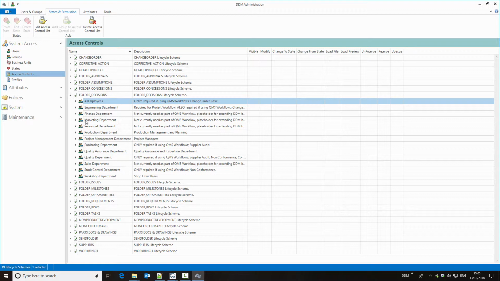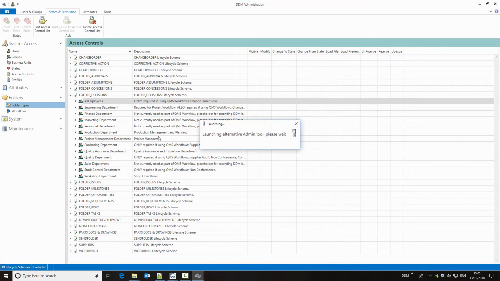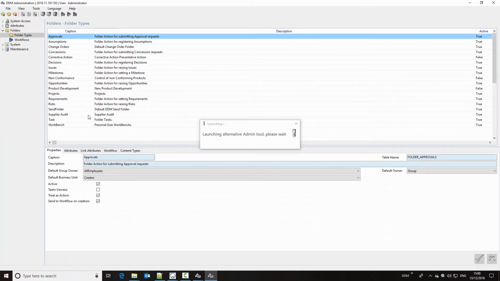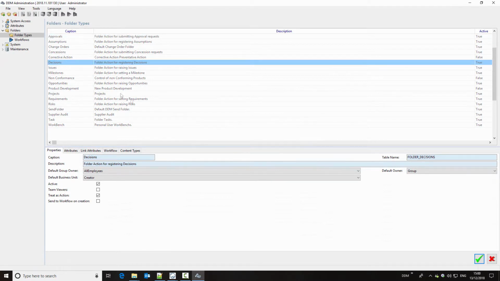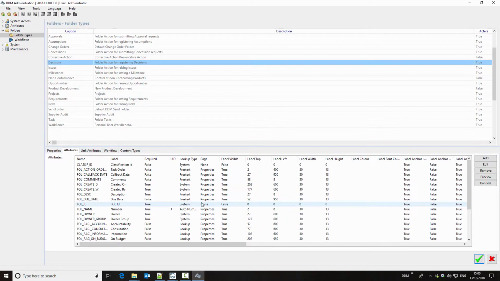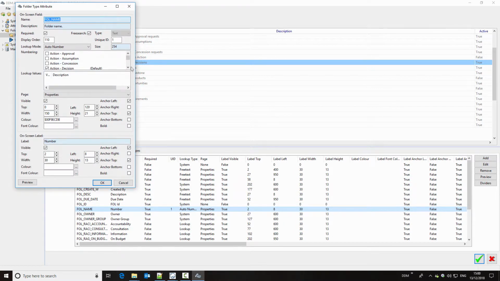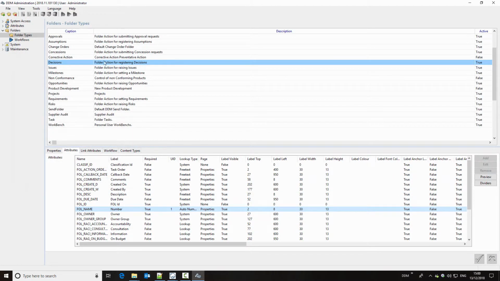have all of your internal users assigned to it, and that's important so that people can see these new folder actions. The other thing that we need to be aware of is that if I come back to one of these folder actions, so I'll come back to folder types, if we have a look at decisions, so I've double clicked to enable editing of this. If we have a look at the folder name, then this has been assigned to an automatic numbering rule called action decision. So if I cancel this and then have a look at our auto numbering tools,